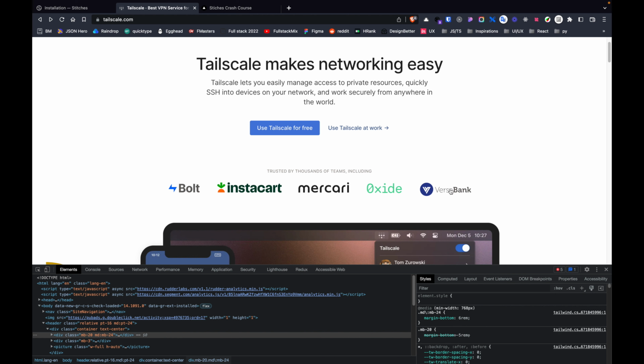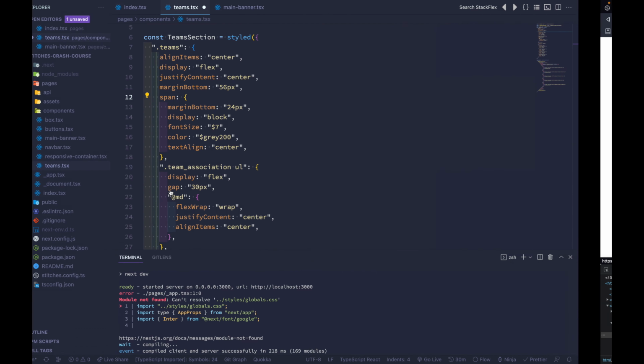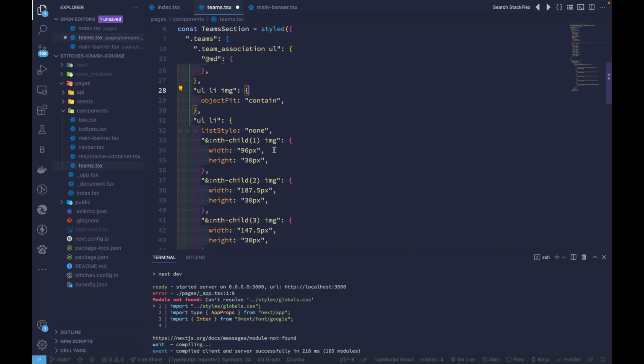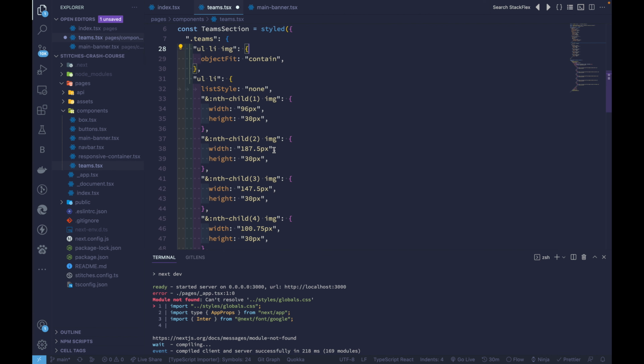And for these icons, I mean these logos, we have added team association class, and a UL of it would take in display of flex, gap of 30 pixels. And in medium devices we have flex wrap of wrap, justify content center, align items center, and also some other styles to our